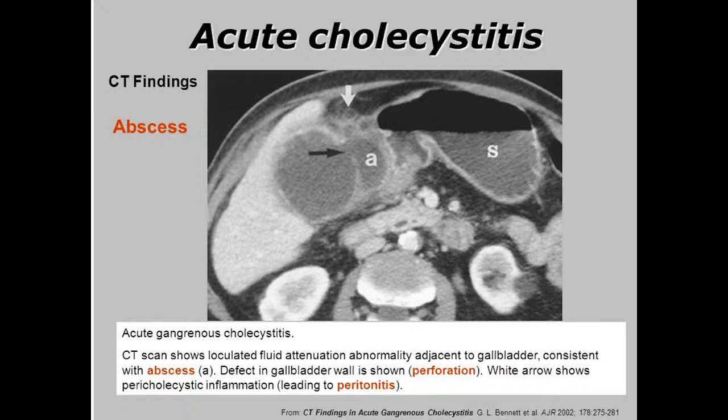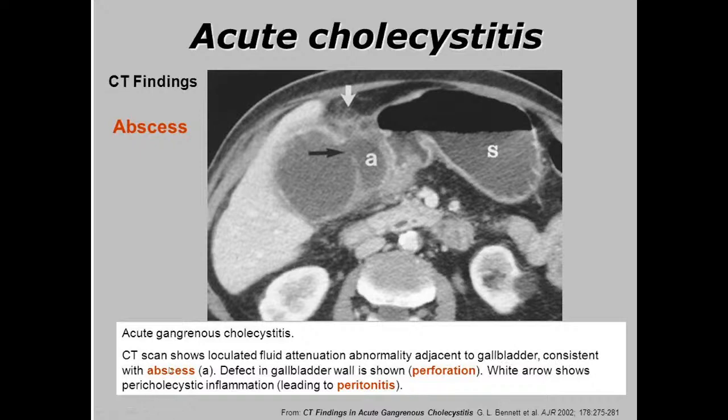This disease too can lead to peritonitis, a complication of this disease. In the slide, you can see acute gangrenous cholecystitis. The CT scan shows a localized fluid collection abnormality adjacent to the gallbladder,